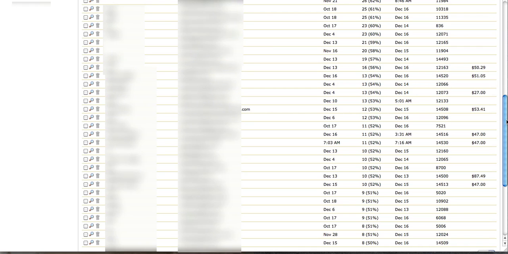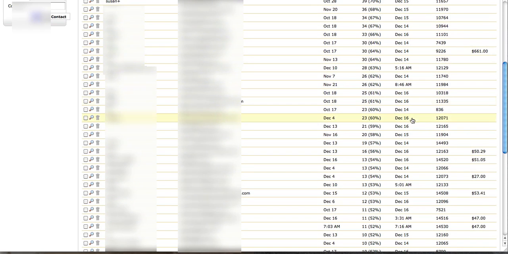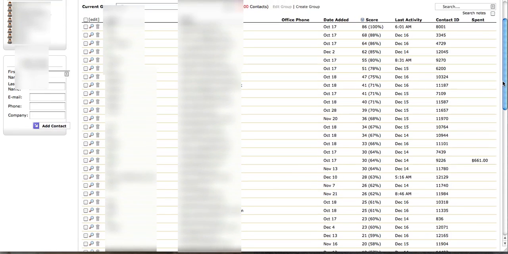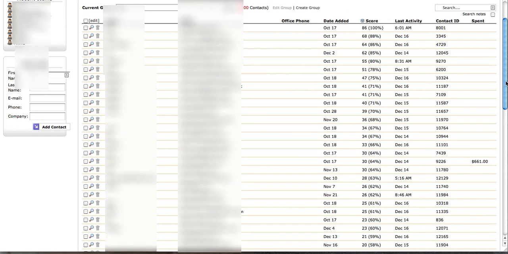So what I find really interesting about that is that if you look up here above them, there are quite a few people who have much higher lead scores. So in other words, they've been interacting with my websites and emails quite a bit more, but they haven't purchased yet. So there's a reason why they haven't purchased yet. And what I need to do is I need to set up a triggered email when a person reaches a certain threshold of points or score that fires an email to them and says, hey, notice you've been around my website lately. Just wondering if you have any questions, and if you've seen my products, if you have any questions about those products, right? So there's a good way of communicating with somebody automatically when you know that they're hot,